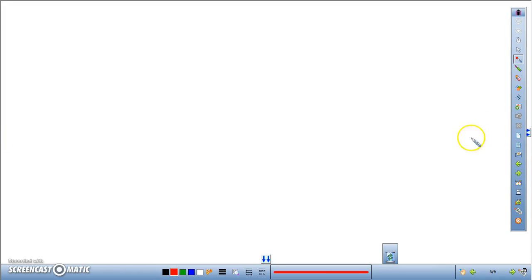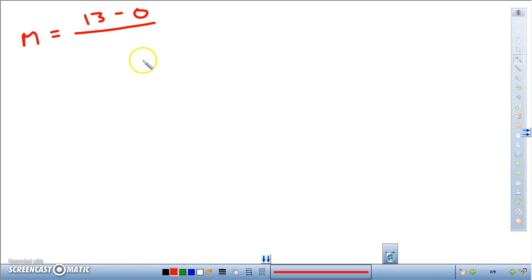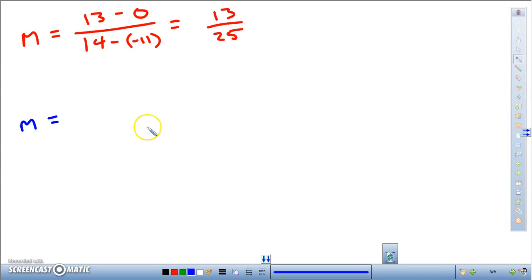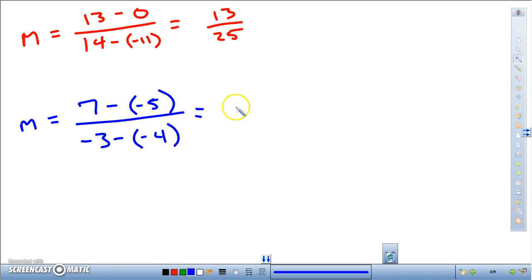So let's get a fresh sheet of paper, and let's find the slope first of line AB. And I'm going to use the slope formula here. Okay, so y2 minus y1 in this case could be 13 minus 0. x2 minus x1 would be 14 minus negative 11. Okay, this would give me a positive 13 over a positive 25. For line CD, plugging into the slope formula, we would have 7 minus negative 5 divided by negative 3 minus negative 4, giving me a positive 12 over a positive 1 for the slope of line CD. So obviously the slope